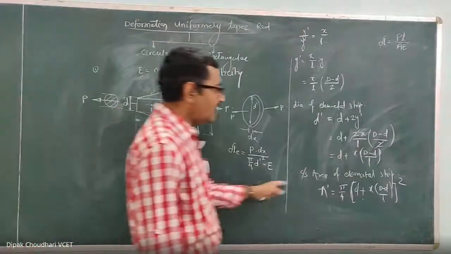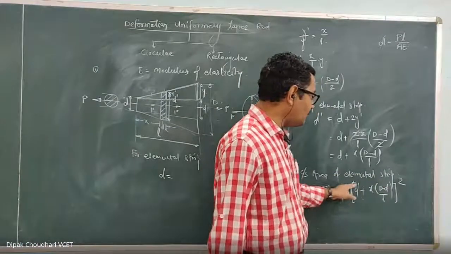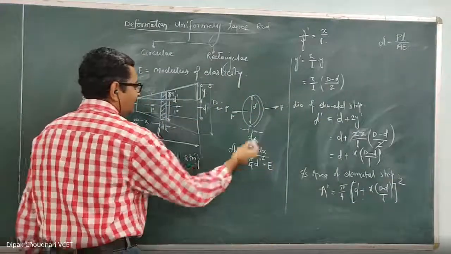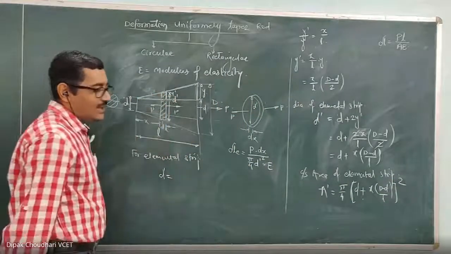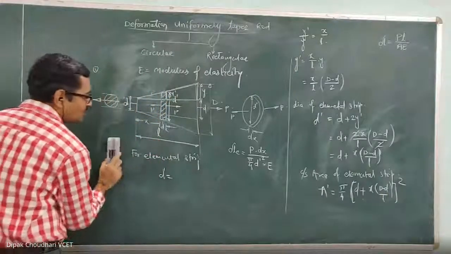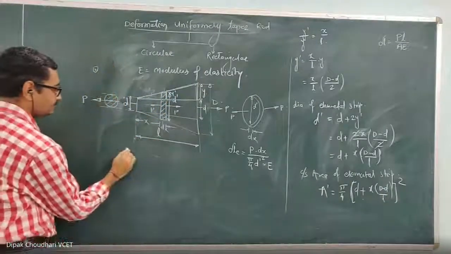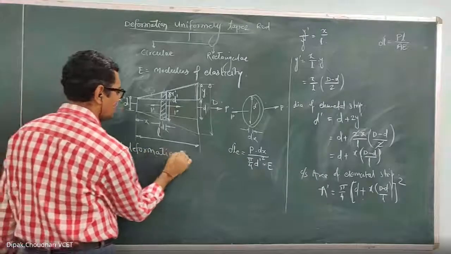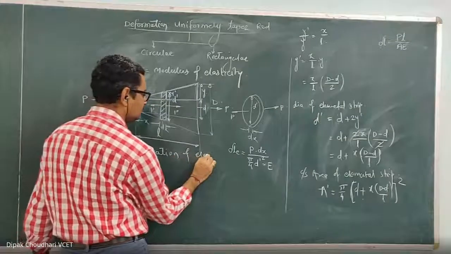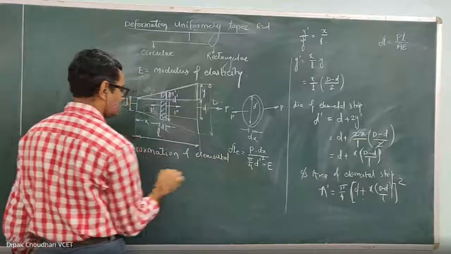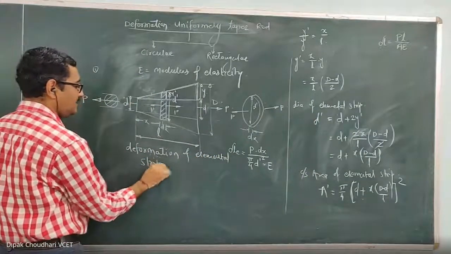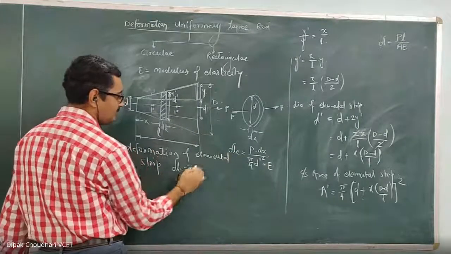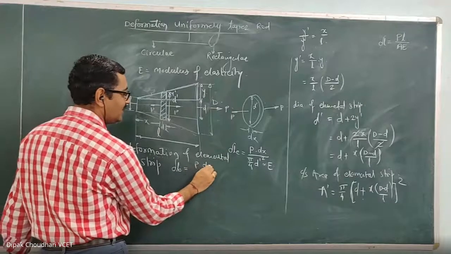So the cross-sectional area of the elemental strip, A dash, is equal to pi by 4 into (D plus x into (D minus d upon L)) whole square. Now we calculate the deformation of the elemental strip. Deformation of the elemental strip, delta L_E, E for elemental strip, is equal to P into dx upon